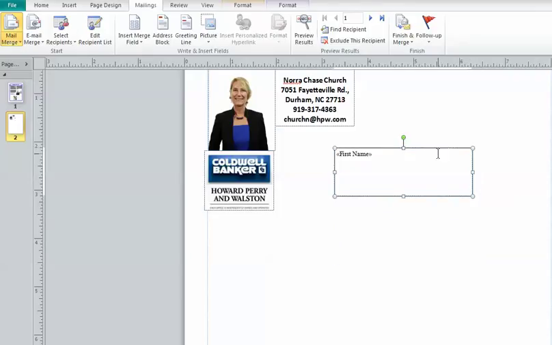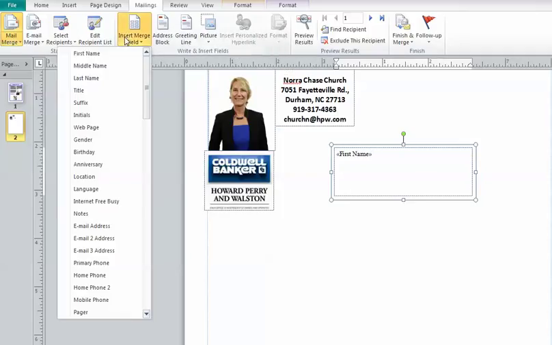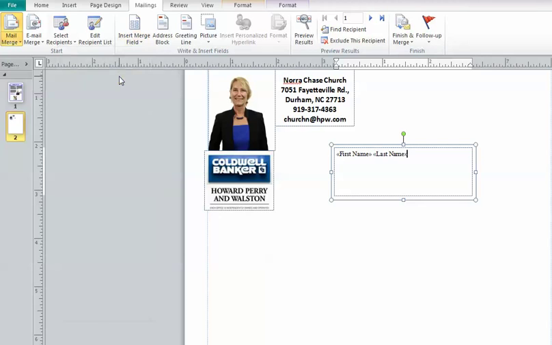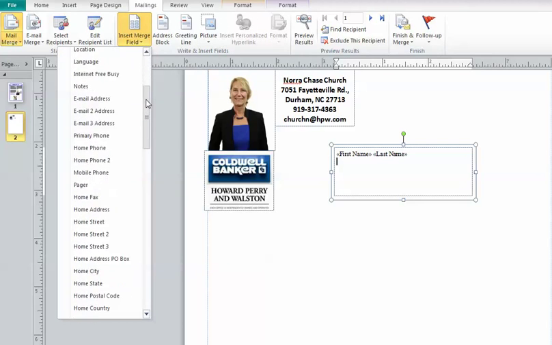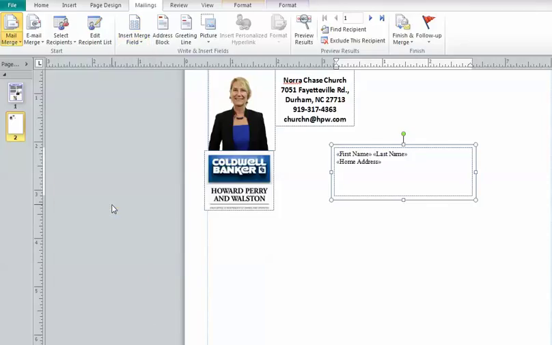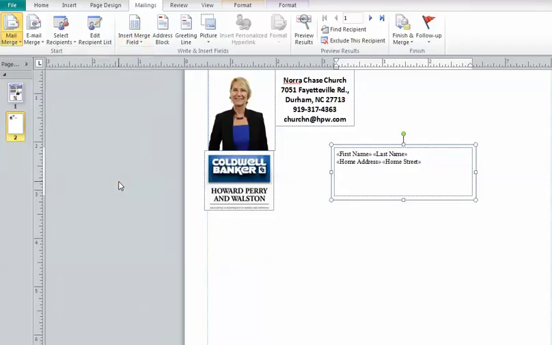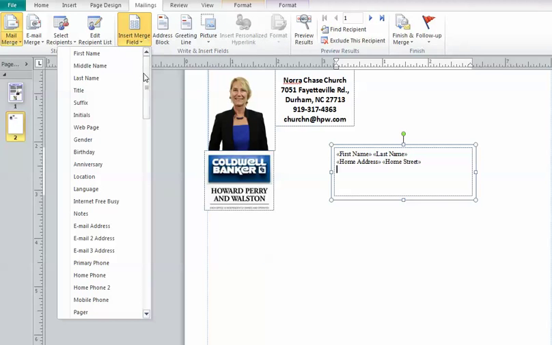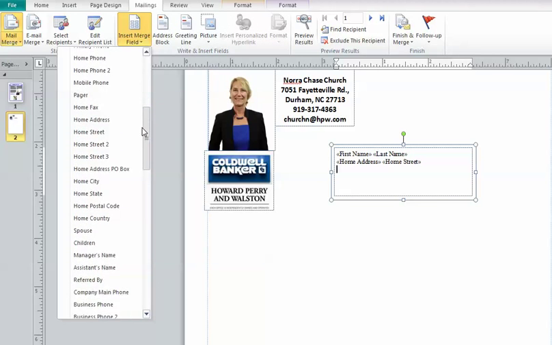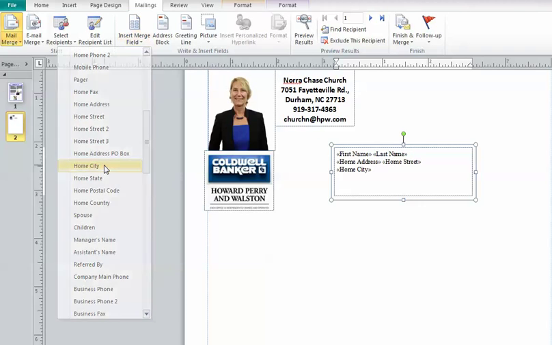Alright, this is where I want the address label to go. So we have first name, space, and then I want to come back, insert their last name. Then the next line generally has the home address, which for this file just means what is the house number. Space, home street, enter down, because the next line is usually going to be the home city,